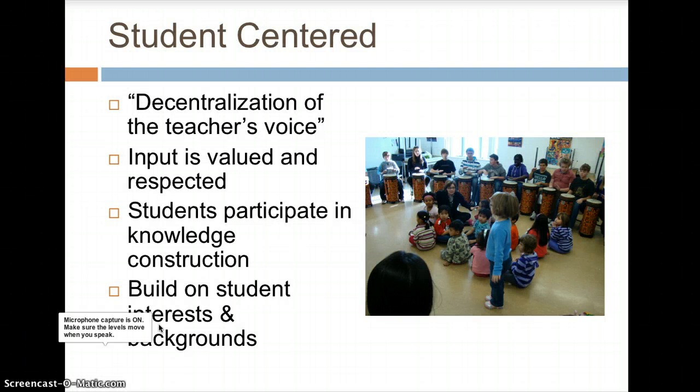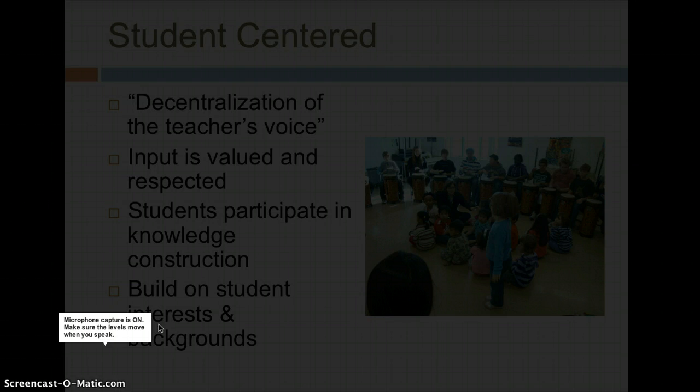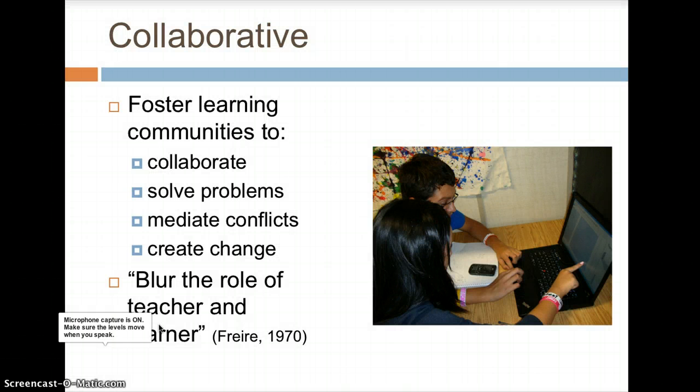The first principle, student-centered, means create an open classroom community where students feel their input is valued and respected. This means the decentralization of the teacher's voice, which would allow for curriculum to be built upon students' interests, ideas, and backgrounds. The second principle, collaborative, allows for opportunities for students to collaborate with each other and the community to solve problems, mediate conflicts, and create change.